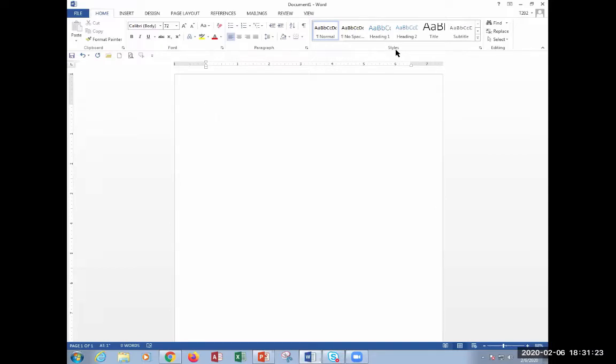Now, for those of you who are Mac users, by default on the Mac, the ribbon does not display the group titles. So by default, it does not show clipboard and font and paragraph and styles. If you're a Mac user and you want it to show them, what you want to do is go into, and I'm going to switch my